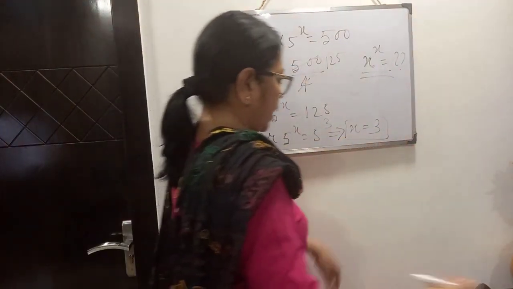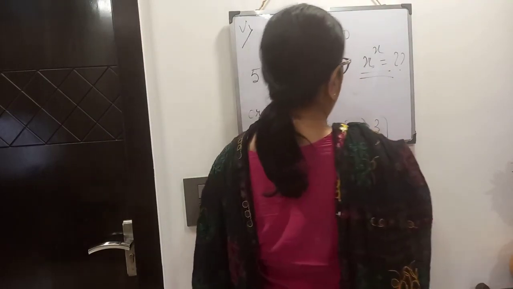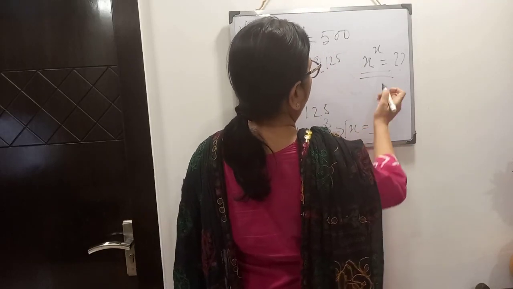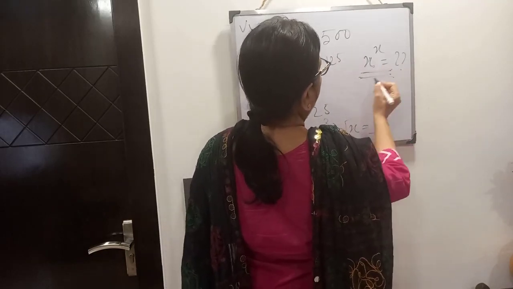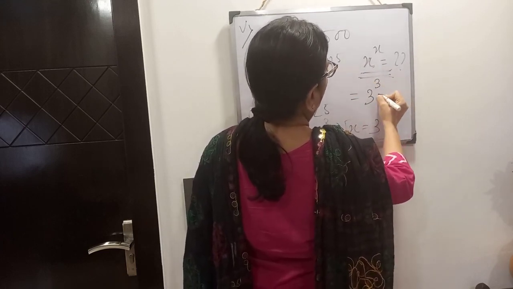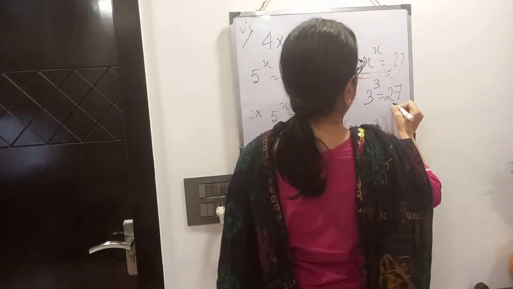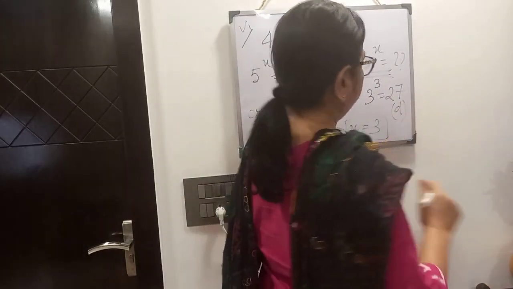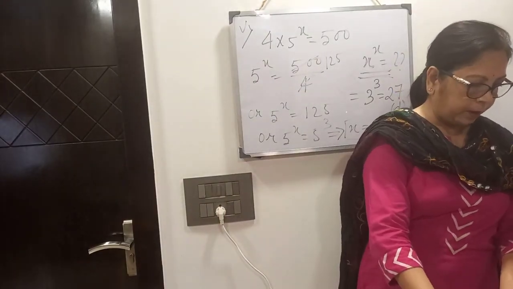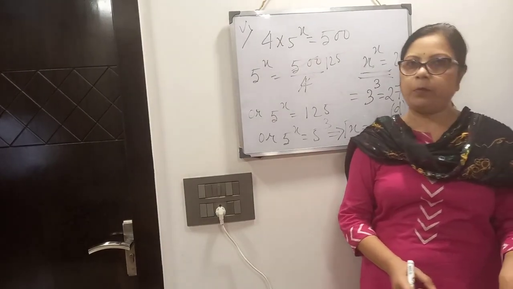Most of you end here. In the exam, when I checked the copy, I have seen that you are writing your answer as x, the value of x is 3, but not that. You have to calculate x to the power x. That means you have to put over here 3 cube, 27. That is the correct answer. Option D. Clear? So this is about the MCQ part. Now in the next video you will get the SAQ or short answer type questions. Okay.